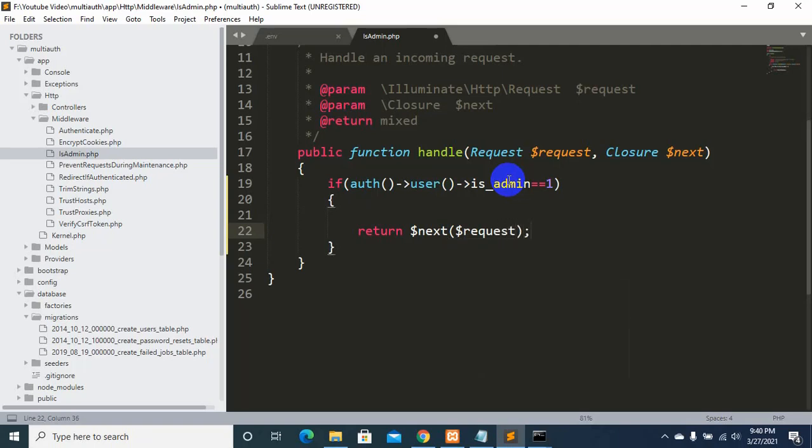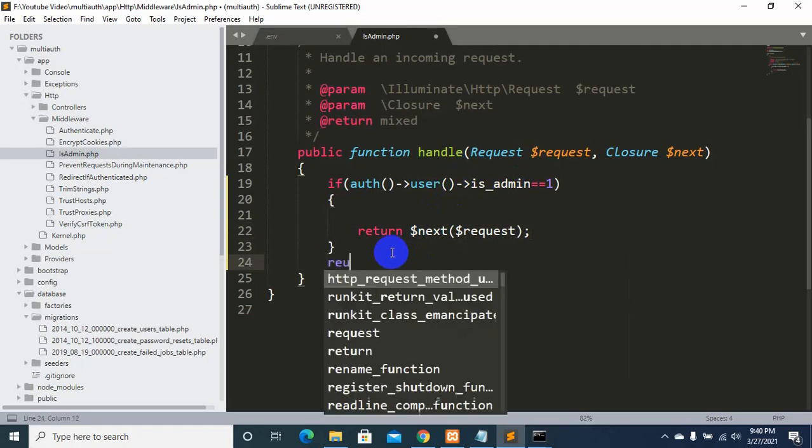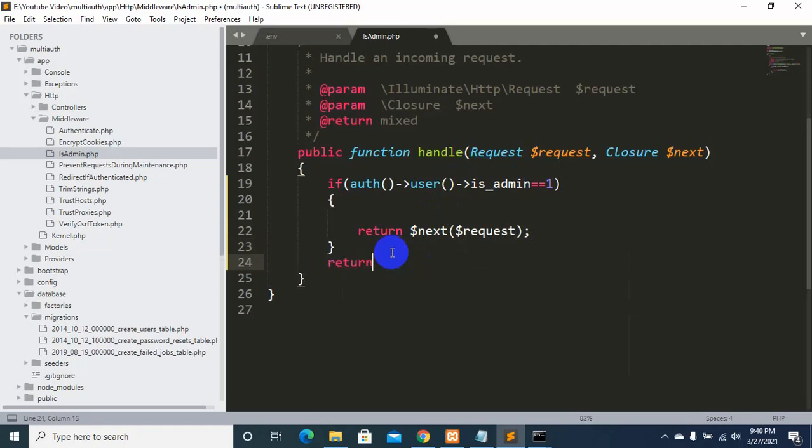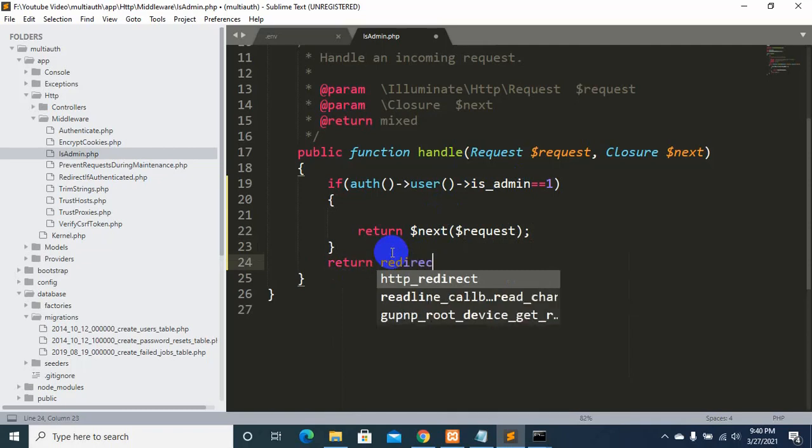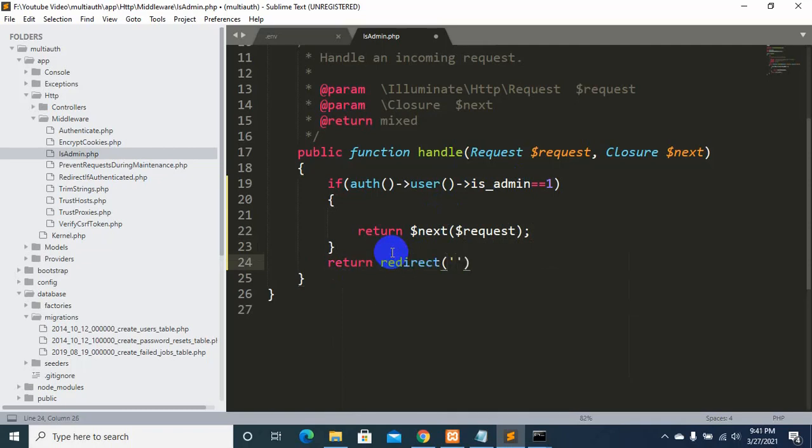and if it's not admin, then just return redirect home.